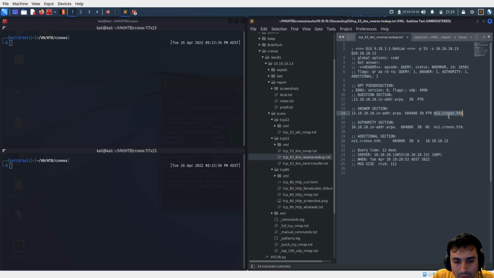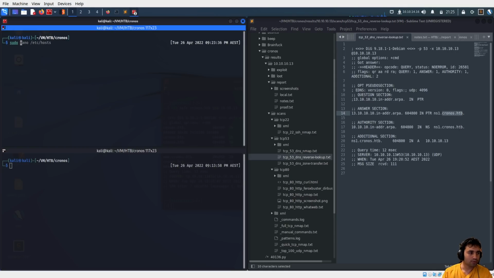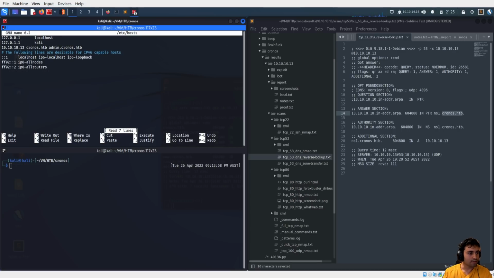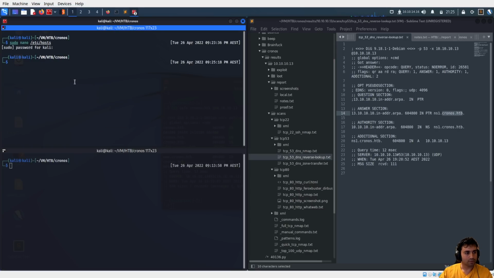The name server is ns1.cronos.htb. So what we have to assume in this case is that there is a DNS server running on this computer, and we may have the website for cronos.htb. So let's quickly add that to the /etc/hosts file. I already did that one, but before I show you that,